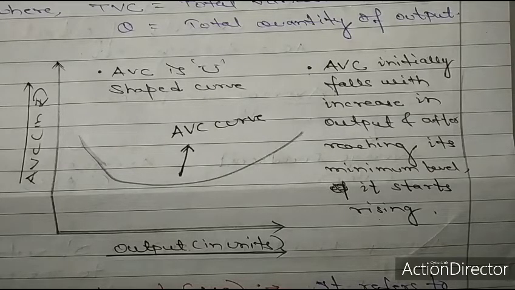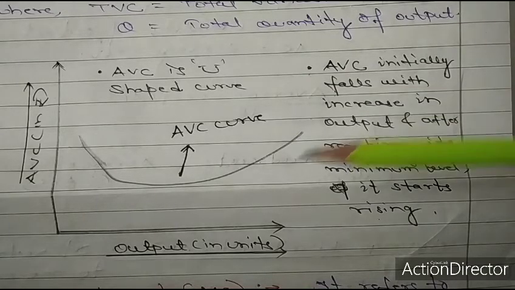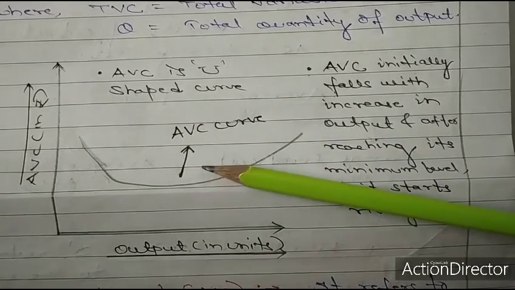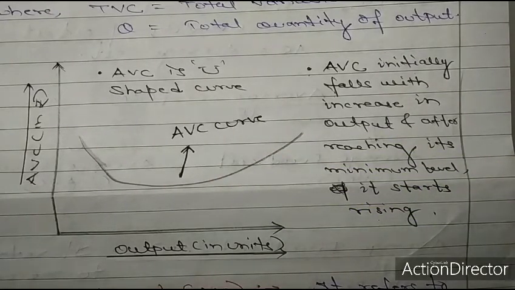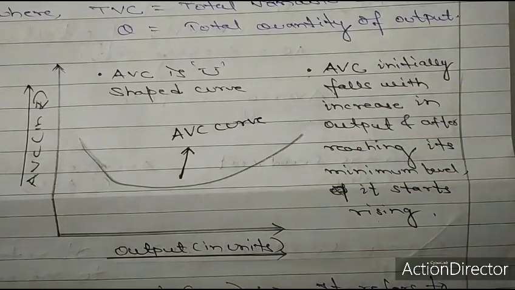The average variable cost generally declines in the initial stage as the firm expands and approaches the optimum level of output. After the plant capacity output is reached, the average variable cost begins to rise very sharply. So usually the average variable cost curve declines initially, reaches its minimum point, and then goes on rising. That is why it is a U-shaped curve.